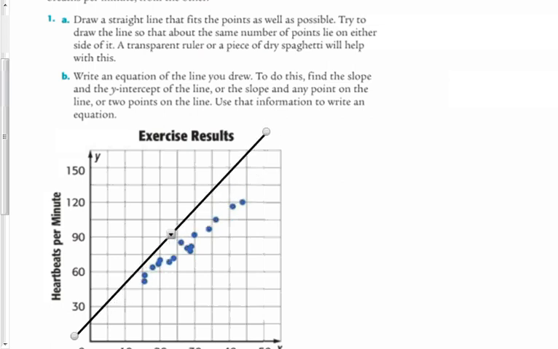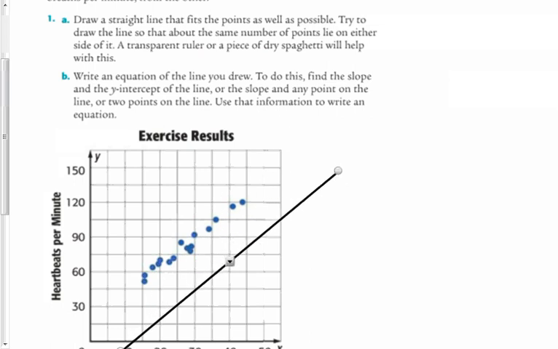Now, if you had a line like this, you could also split the dots, but the slope of that line doesn't match the slope of the dots. So that's not a very good line to help you make predictions. So we want to get about the same slope and split so that the number of dots is the same above and below the line. And once we have that,